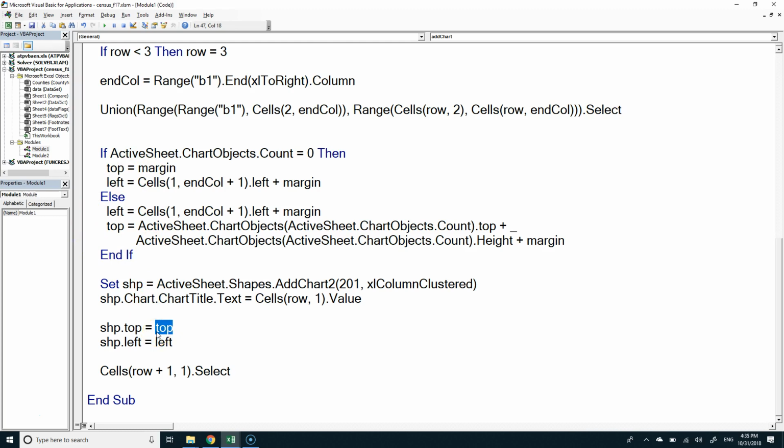All right, the one more thing that I'd like to do, and I haven't quite thought through exactly how this is going to work, but I don't want to keep going down forever. At some point, I want to bounce over to the right. So,